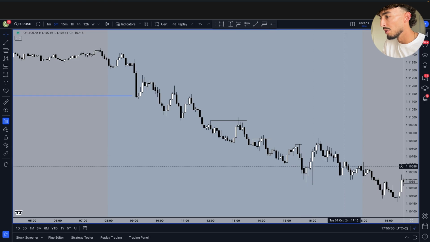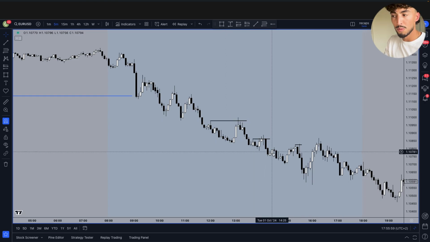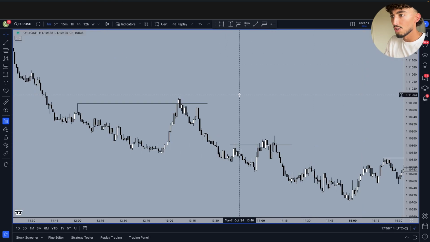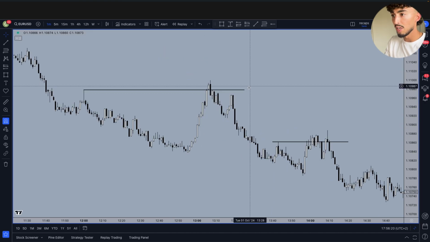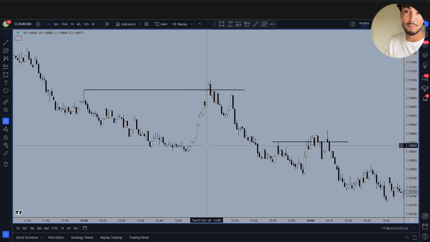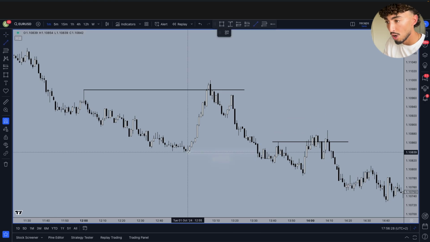And then we pushed up, and that's about it for the day. On these sweeps, I go to the M1 and look for entries basically. So here we have an M5 sweep I marked out previously. And then we look for the MSB level, so the market structure level, which is all the way back down